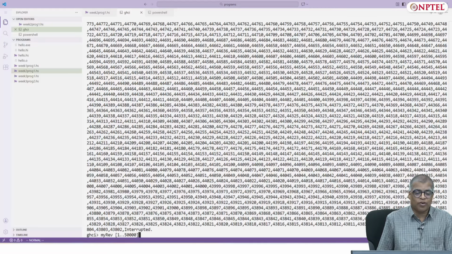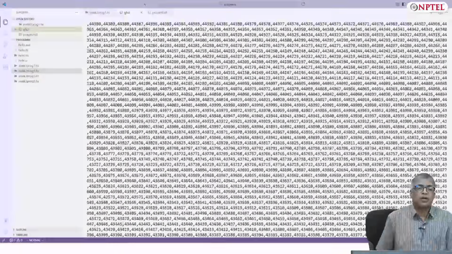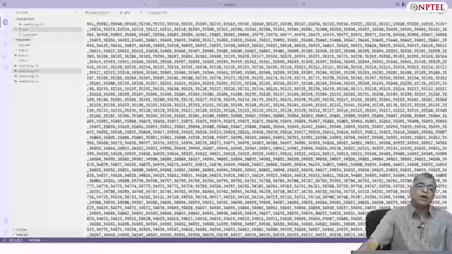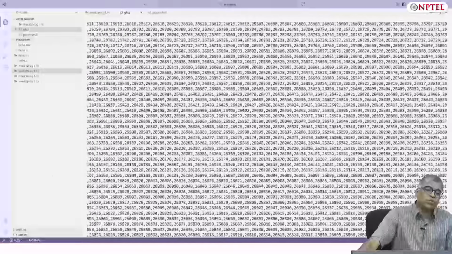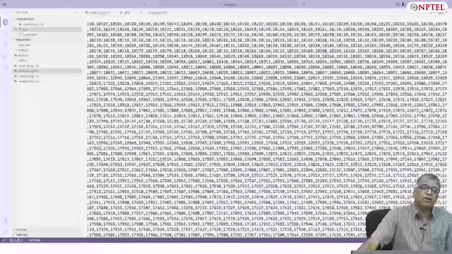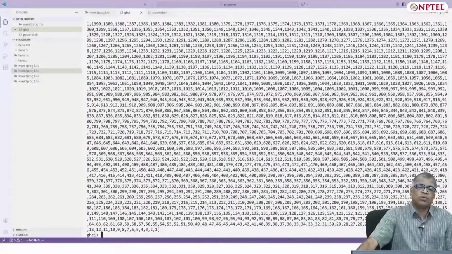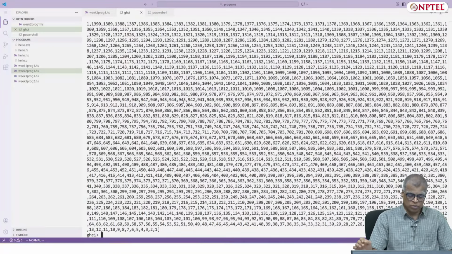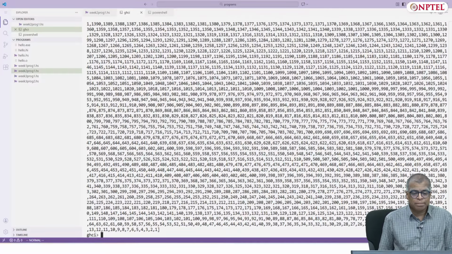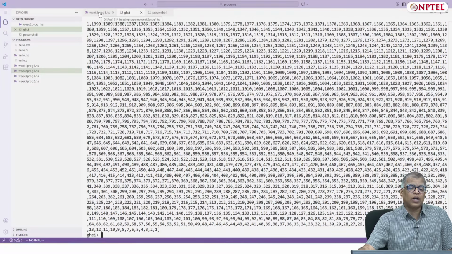Whereas if I try fast rev of 50,000, it was much quicker, and it really finished. We are already in the 30,000s, and yeah, this will end soon now. So I hope you appreciate the difference between n squared and n, which is the amount of work required between my rev and fast rev.